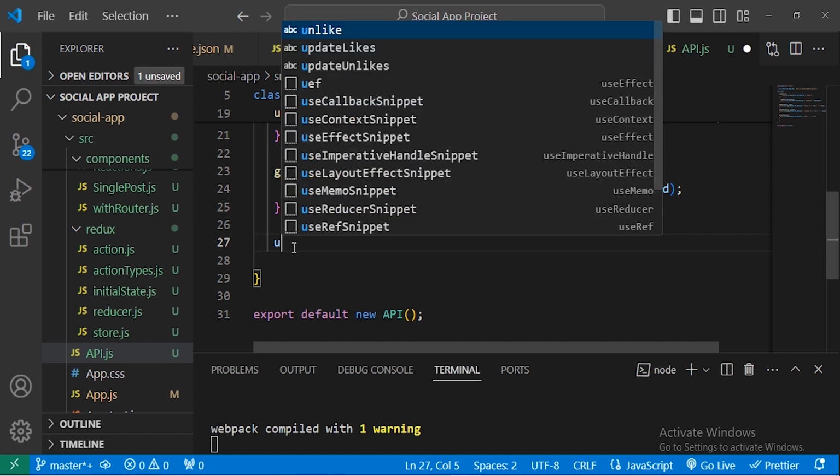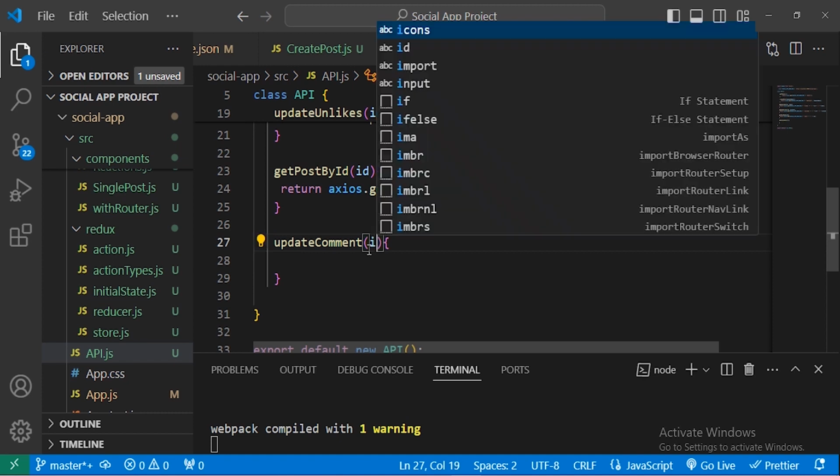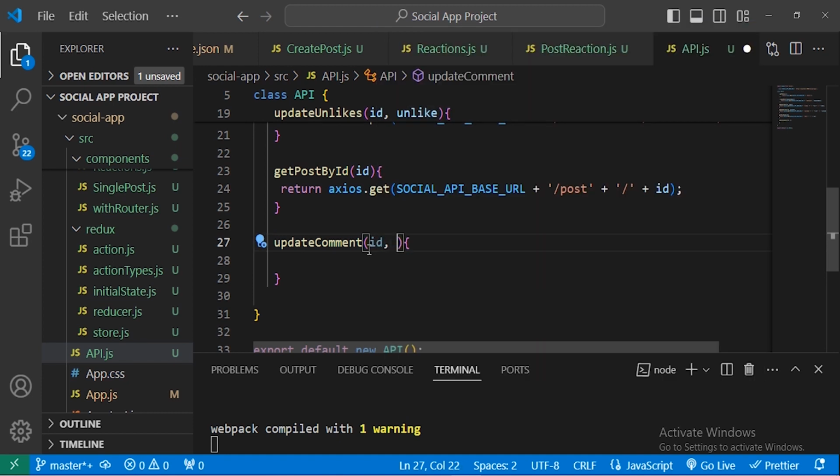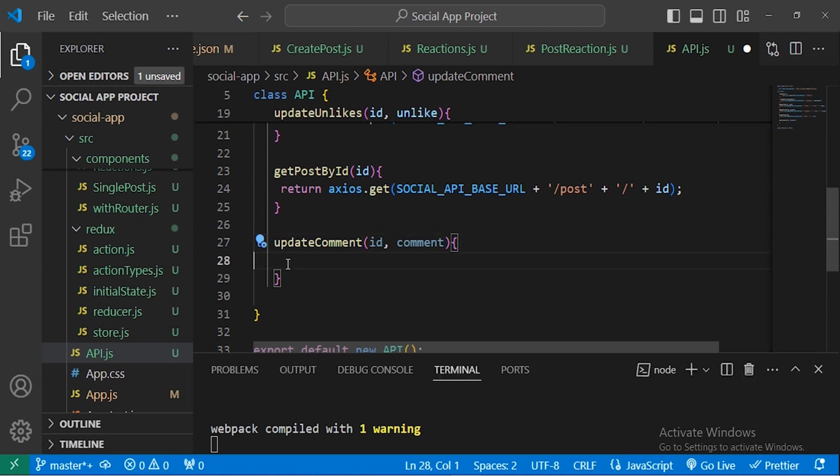We will define a method updateComment here, which we will use to call our backend. And remember, we need to pass the ID, because we will use the ID and the comment object. So here we'll return the